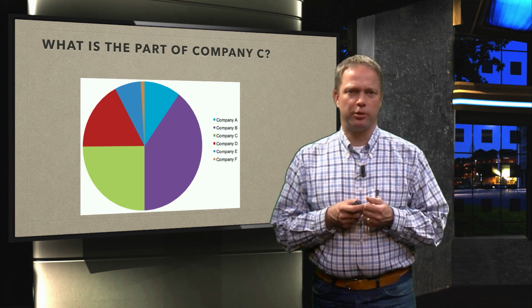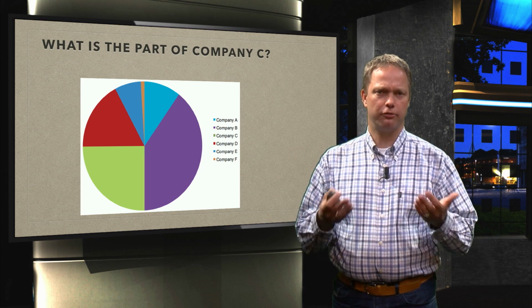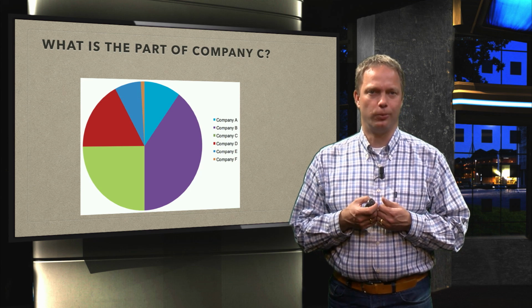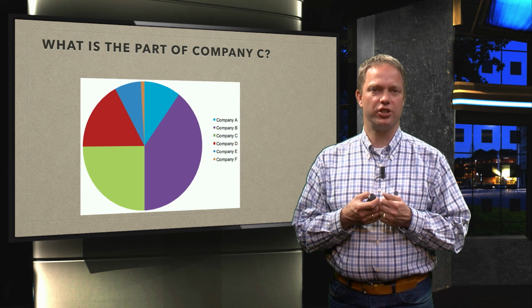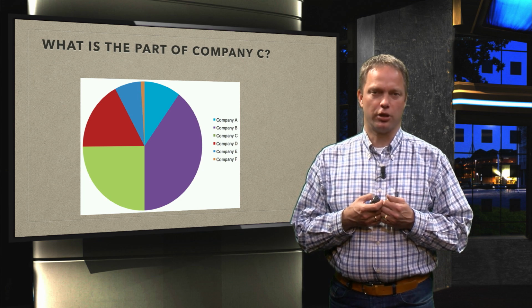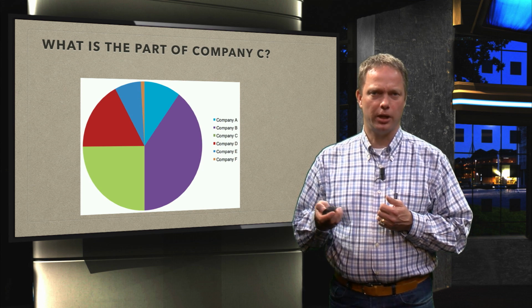Now, so what's the problem with pie charts? Here we see a very classic example of a pie chart. We have different companies with different values. And if I ask you what is the part of company C, you probably would immediately say 25%. So what is wrong with pie charts? It's very clear, isn't it? Well,